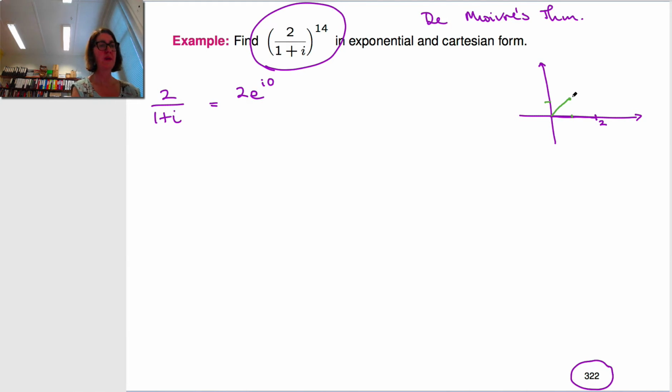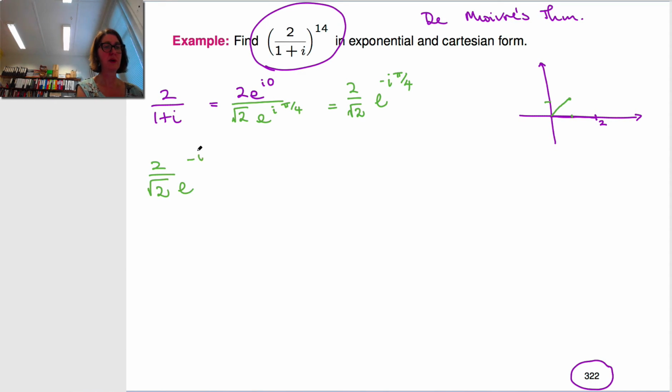And if we think about writing that in exponential polar form, the modulus is just root 2 and the angle is pi on 4. So if I simplify that using the rules that we have for quotients in exponential polar form, I can leave this out the front as 2 over root 2, and then we just subtract the angles. So it's e^(i(0 − pi/4)), which is e^(−i pi/4). So all I've done there is written the complex number in exponential polar form, and now I'm going to use that